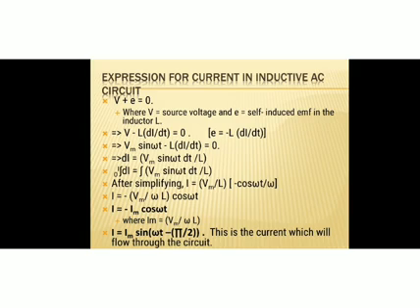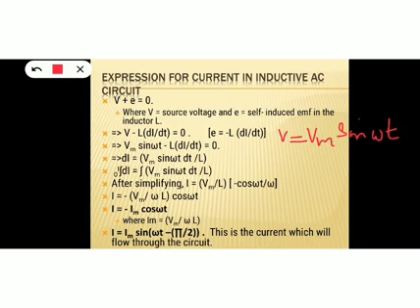And again, we need to find out the phase relationship between voltage and current in all the AC circuits. If we want to find out the phase relationship between any two quantities, both the quantities must be in terms of the same trigonometric function, either cos or sine. So here voltage is expressed in terms of sin omega t. Voltage is V equal to Vm sin omega t. We will always express voltage like this. Then we got the expression for current as I equal to minus Im cos omega t.